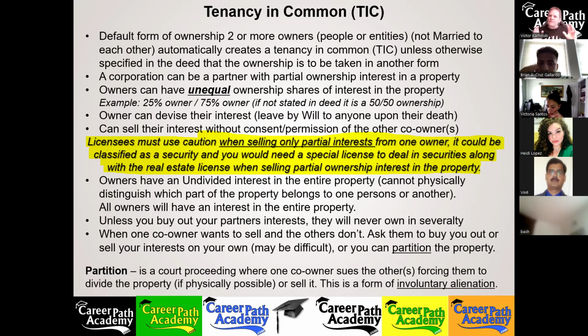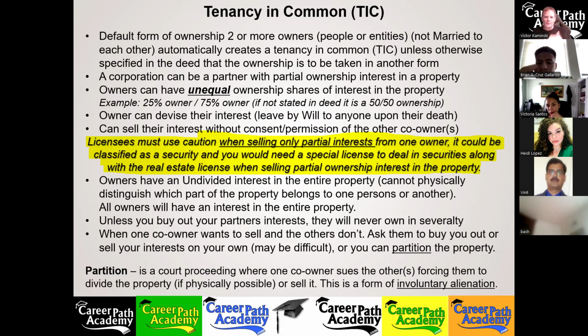And I read this 4-page article, it must have been 5 or 10 times, and for the life of me, I couldn't figure out what the difference was. Like the difference was so minute. So this is why I advise you, you know what? When somebody's selling a partial ownership interest, unless you have somebody involved who has that securities license to know if this would be a security, and you would need their license as well as yours to be involved,